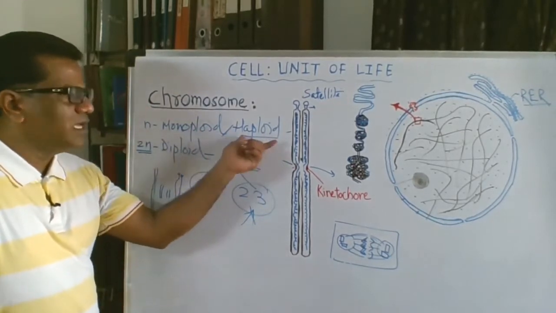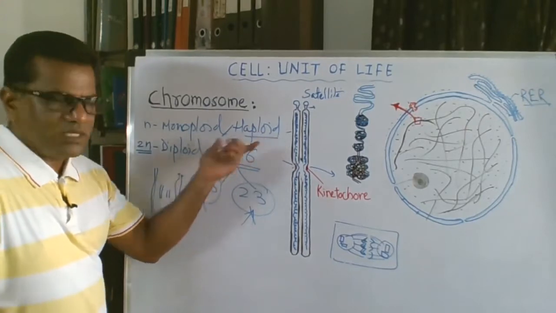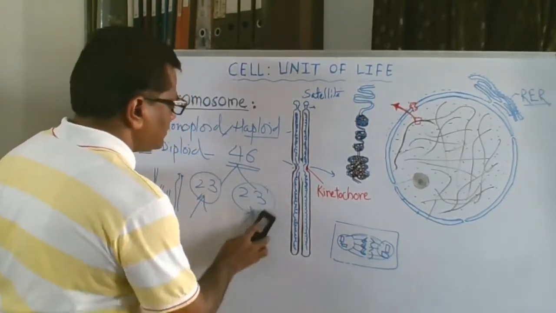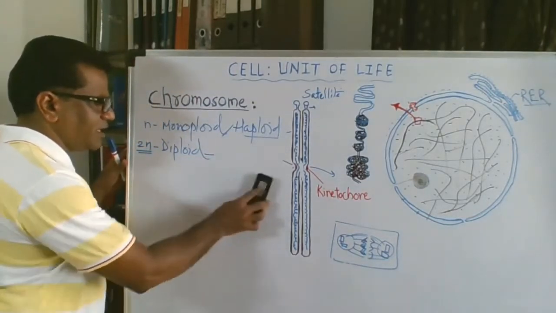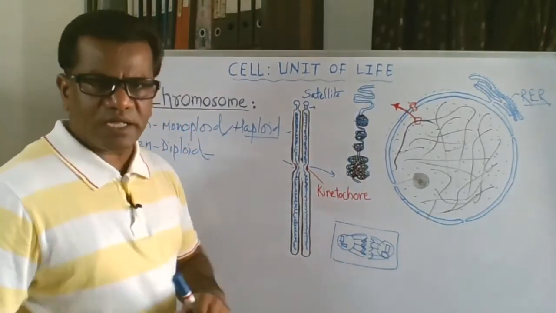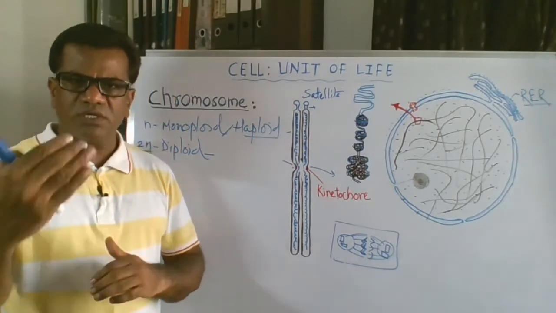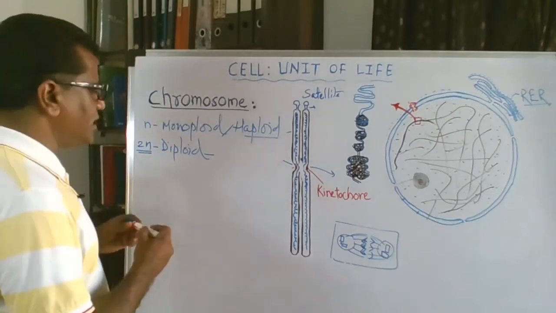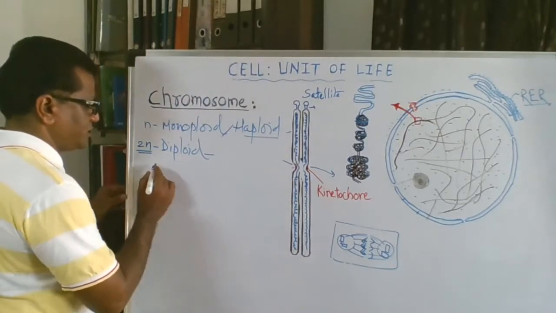In this way, the set of chromosomes in each nucleus of an organism may be single, then it is haploid. They may be two, then it is diploid. The majority of organisms are diploid. Few primitive organisms are haploid. We all are diploid, but we eat wheat which is hexaploid.